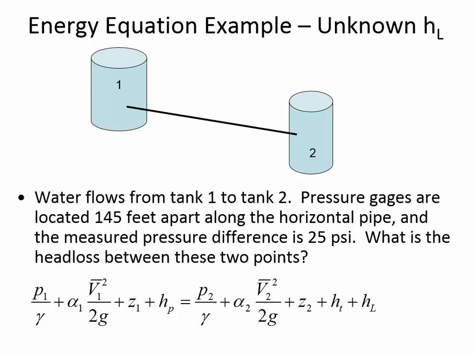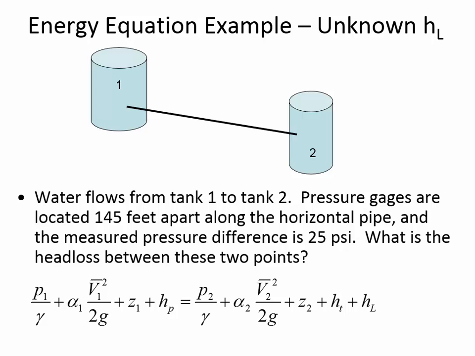V1 and V2 are the same in this pipe. It's not that they're zero, but because the pipe has the same diameter at location 1 and location 2, the velocity isn't changing. And so we can cancel this term out since V1 equals V2. So V1 equals V2. And that allows us to just cancel it out from the formula. Also, since it's a horizontal pipe, Z1 is equal to Z2. So we cancel that term from the energy equation also.